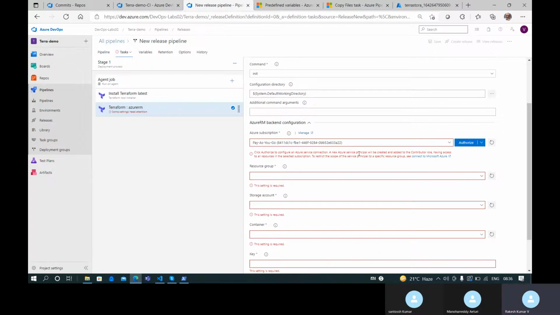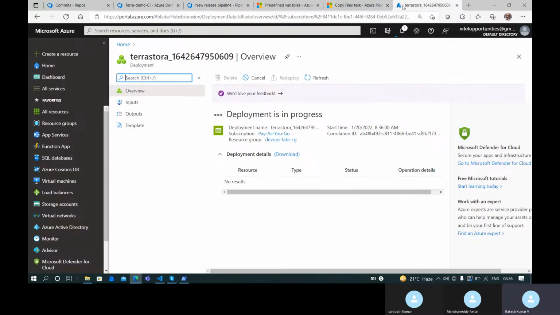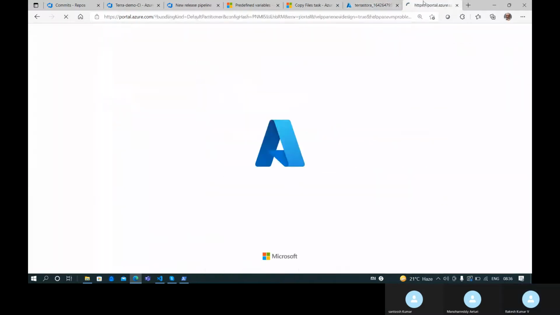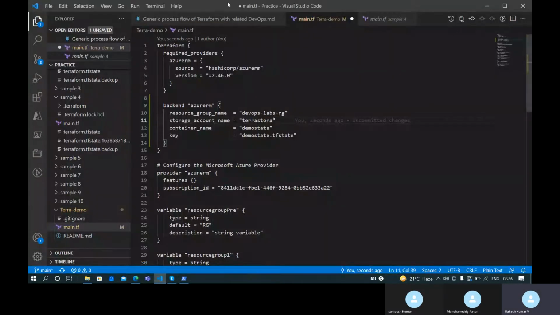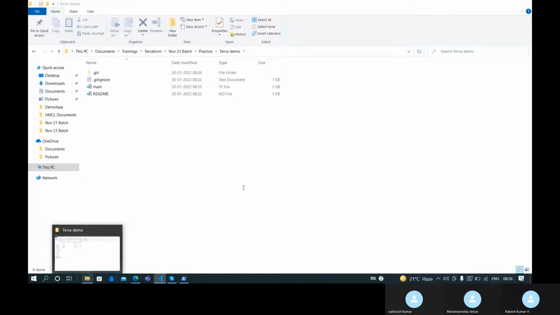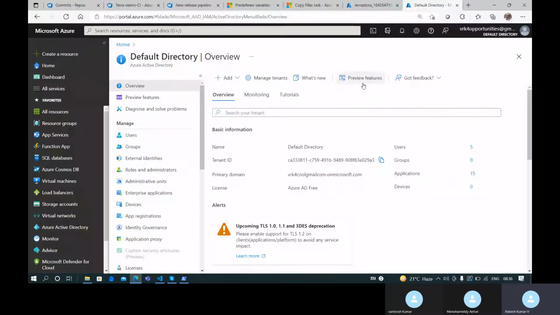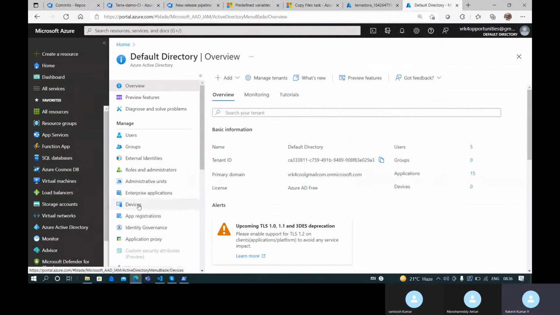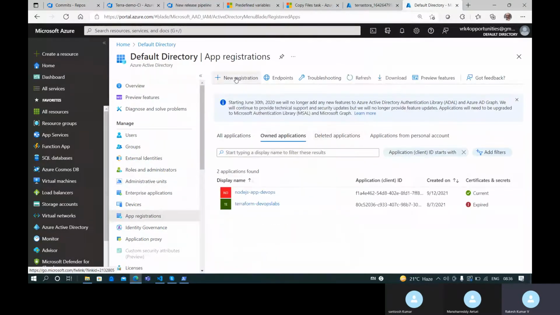We need to create a service principal connection. In reality, how will the service principal be created? I go here to Azure DevOps, so let me show you this step also. Here we are creating an agent pipeline, but along with that I'm creating a service connection. How are we going to do that? Because it's interlinked right now to create this CI/CD pipeline, so in between there's a jump into this concept of app